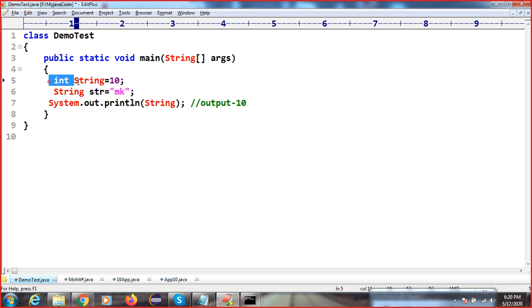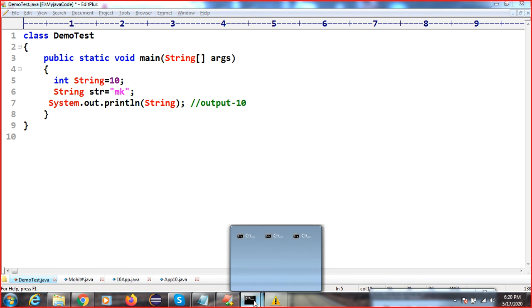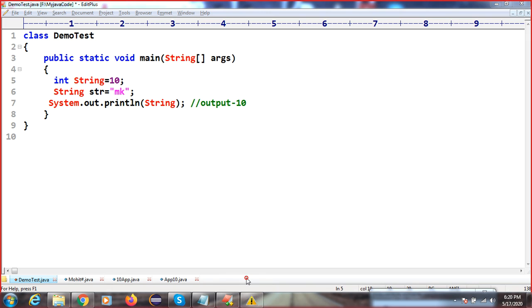When you are creating a variable, we need to give the type, right? So here we store an integer type, and this is the variable name where we store the value. This is the rule for identifiers: predefined classes and interfaces we can use. But here, what is the identifier?